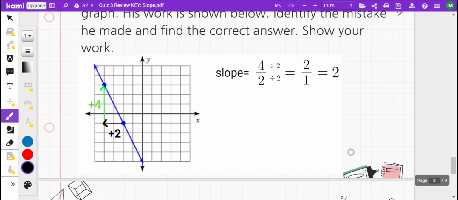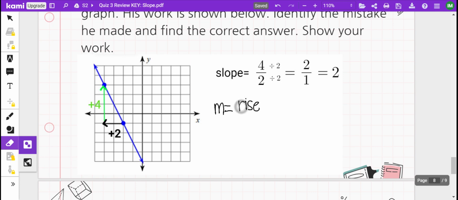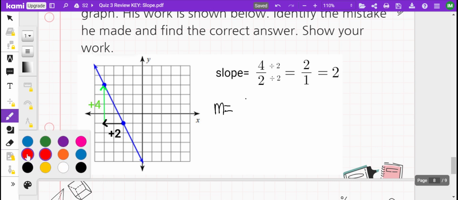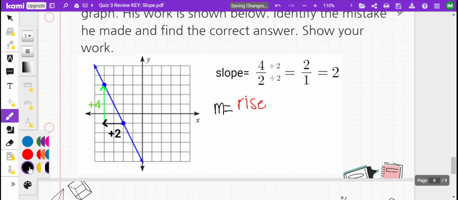Okay, so I know that in order to find the slope, I need to use rise. Let me actually use the colors I usually use because that'll help me separate my work from Jacob's. To find the slope, I'm going to use rise over run. And so Jacob started with this point. Remember, technically you could get the correct answer. It doesn't matter what point you start with. I'm going to start with this point here,